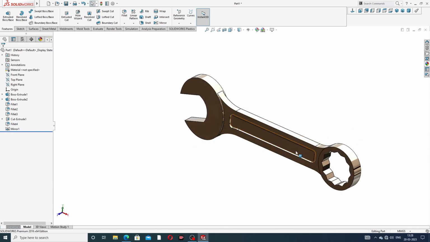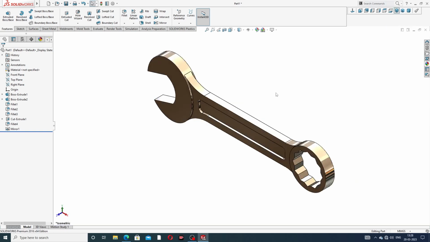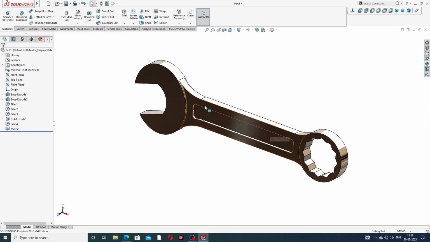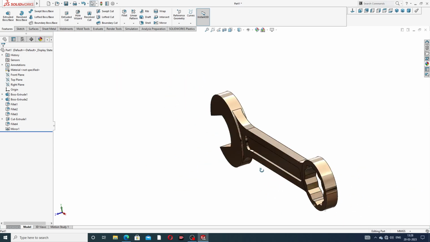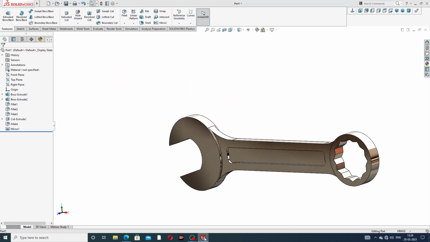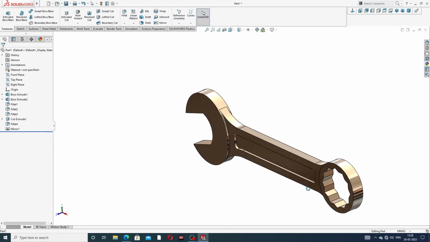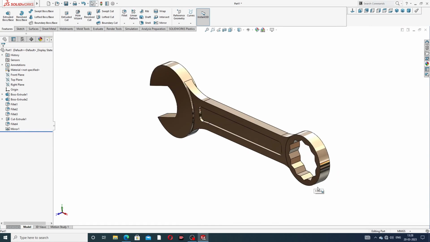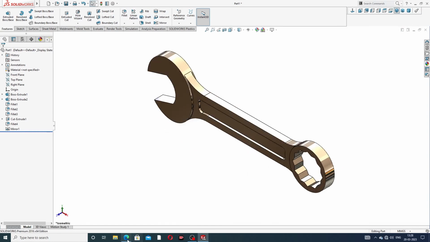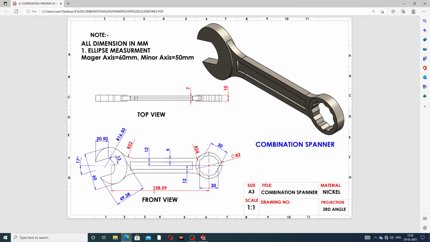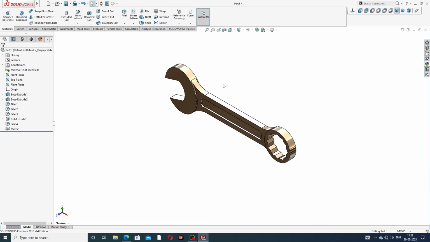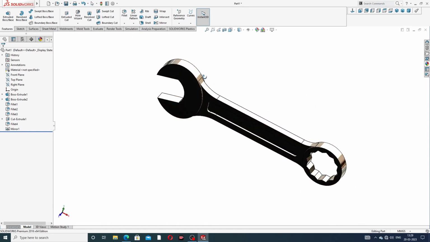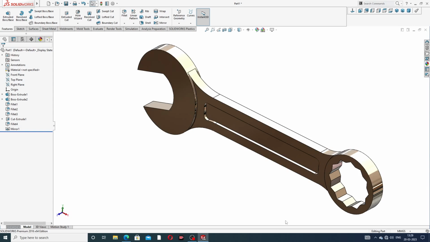okay, this is fully okay, this is correct, and this fillet is also perfect, okay, okay, and isometric view, and all points are perfect, discussed here, and okay, all points are perfect and correct, okay, and this combination spanner is complete, all process is learned here, okay,